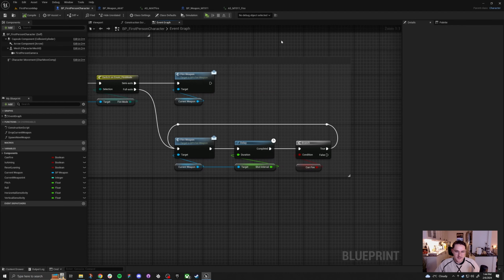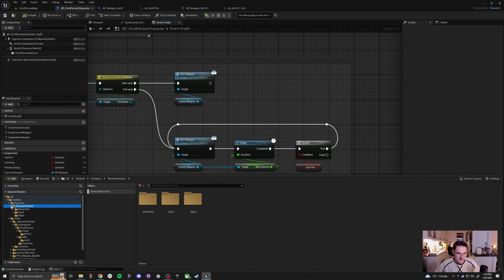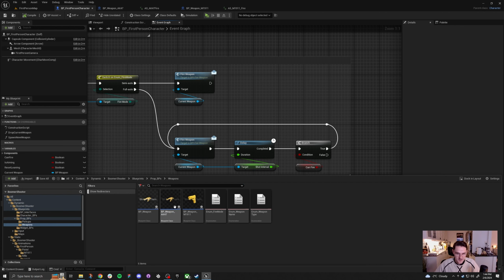Because I've got this set up with a parent and child relationship, it means I can have as many weapons as I want. So I've got this base weapon class, which has a bunch of data attached to it. If we go into it,